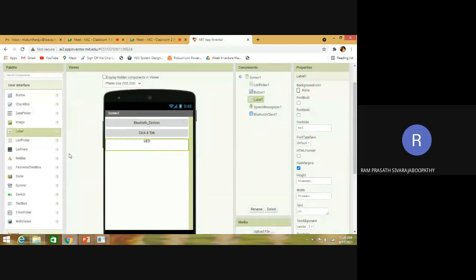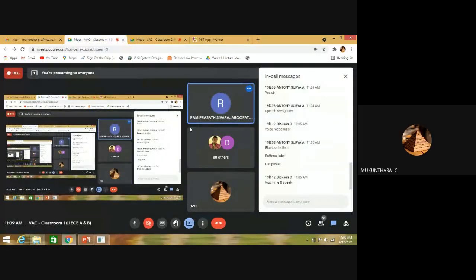Yes. Okay, so which component do we have to choose, students? Kindly try to answer. It should get a pop-up. What message have you received from the voice?